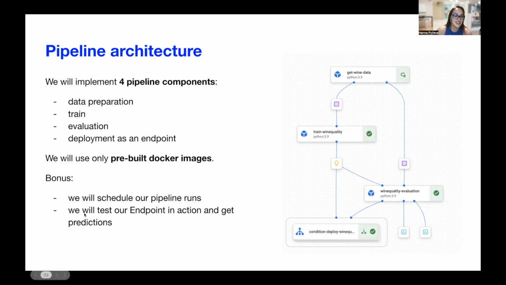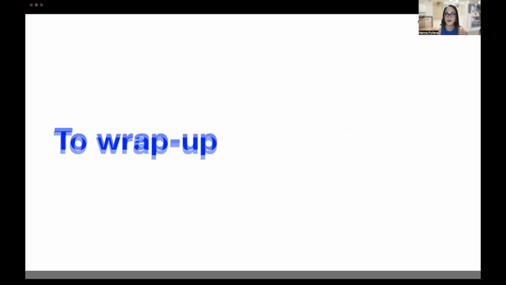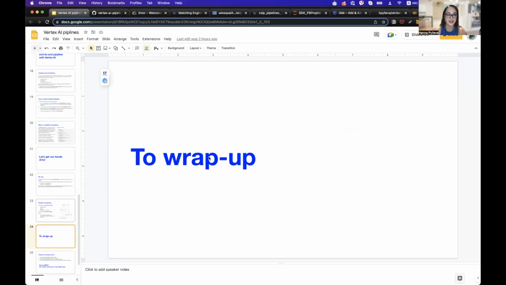And also we will test our freshly created endpoint in action and get predictions from it, because that's what we actually created that endpoint for. So that is it, what I wanted to tell you about the task. And finally, no, we are not wrapping up yet. We are just starting our